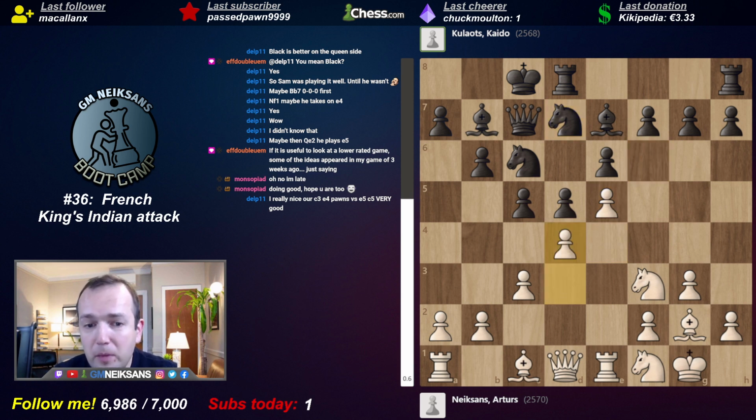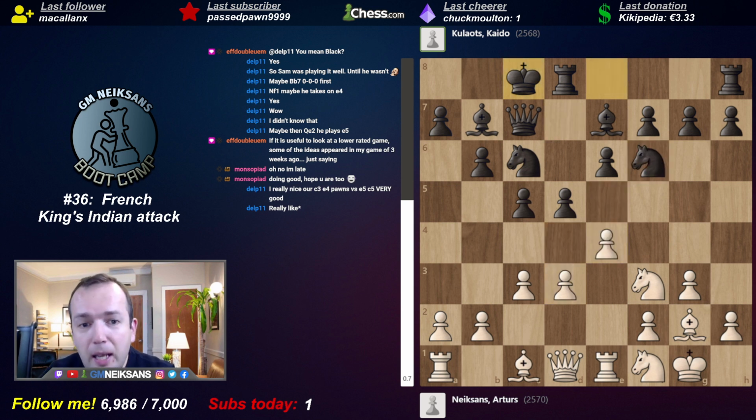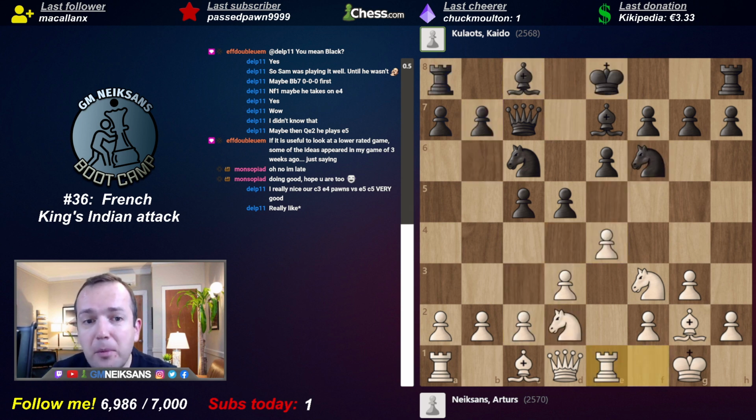It feels like some sort of advanced French variation. Your center is very secure, and black's counterplay at the king side, h6 g5, is just ridiculous. It just doesn't matter. I mean, what is even happening there? So you won the battle for the center. But again, mainly this system of queen c7 and b6 is meant to combat this king side